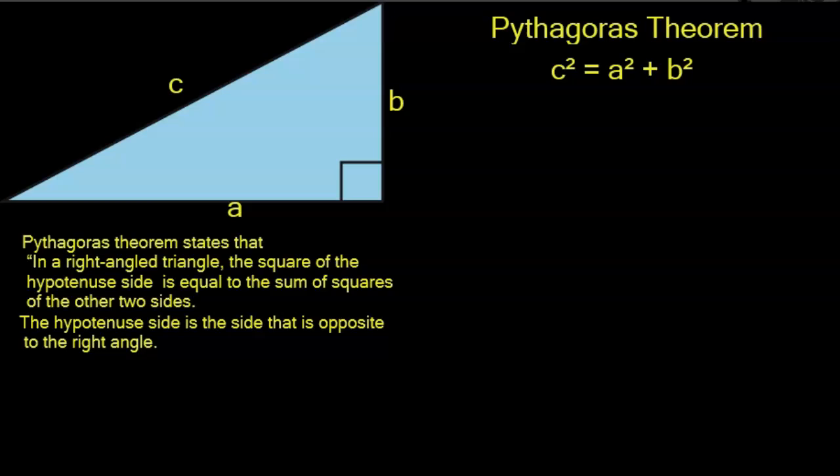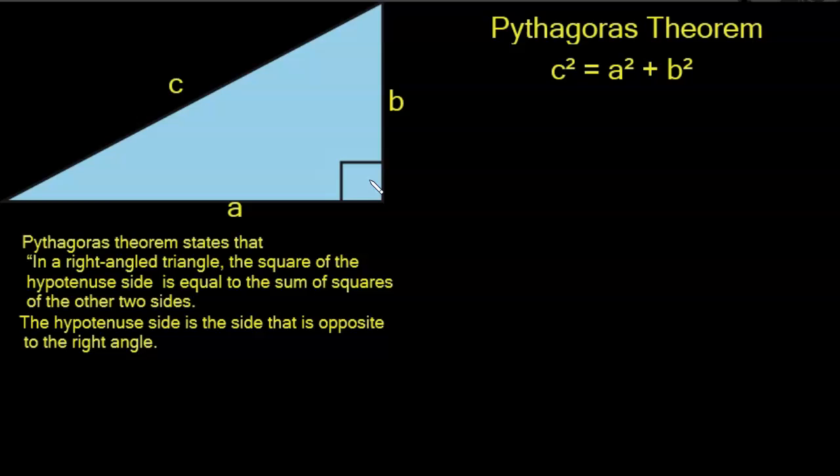And what's a right angle? A right angle is an angle measuring 90 degrees. A 90-degree angle is usually denoted with a little box in the corner there, just to indicate that that angle is a 90-degree angle, or what we call a right angle. Now, the theorem states that